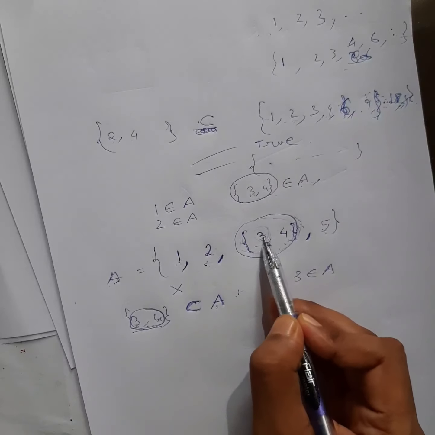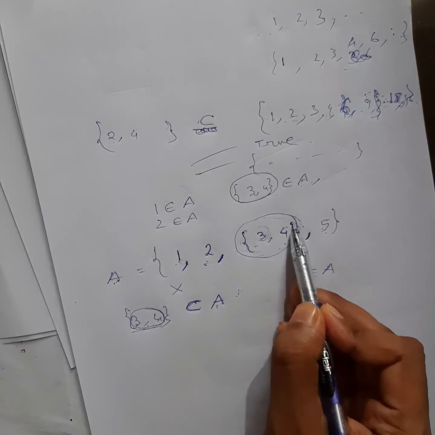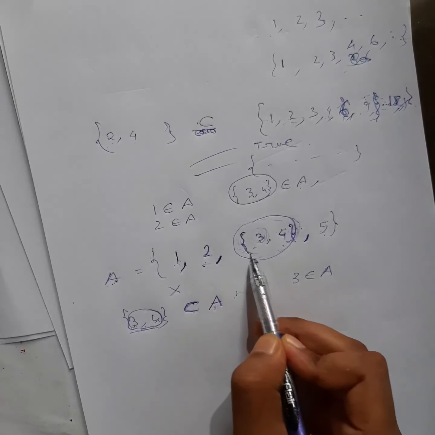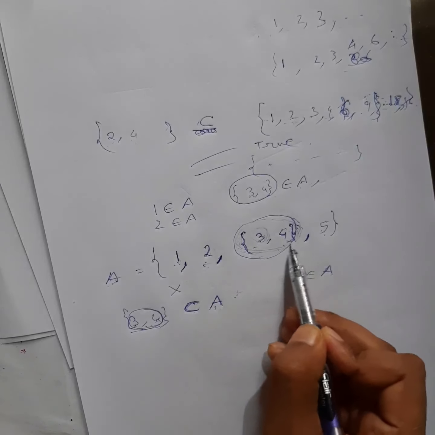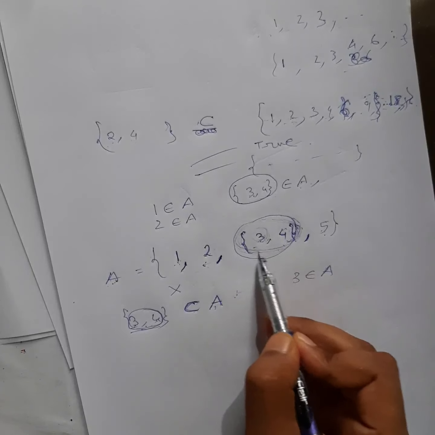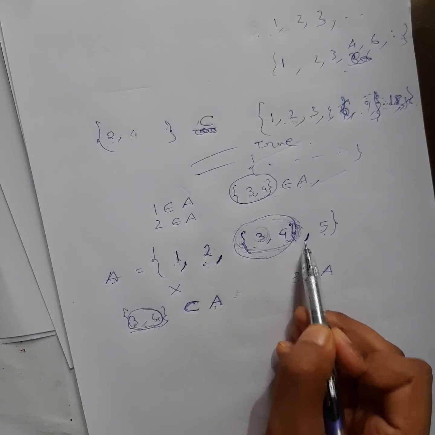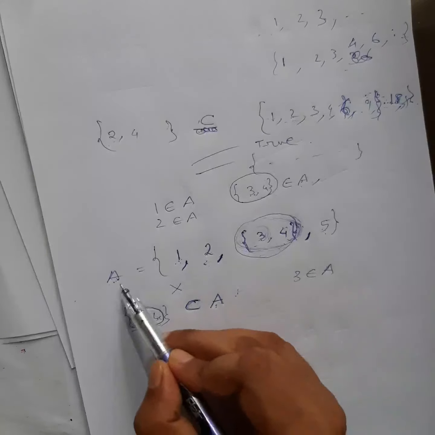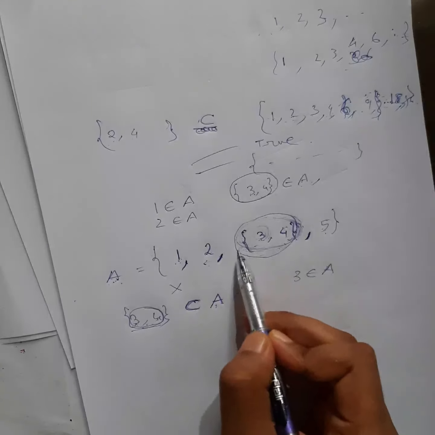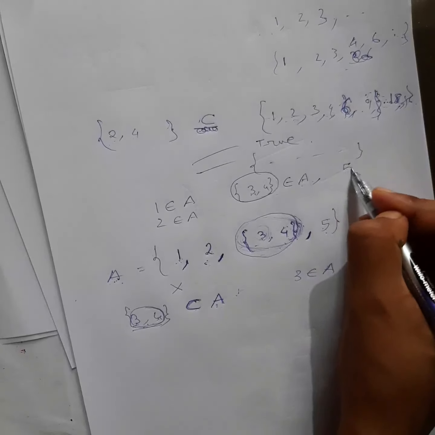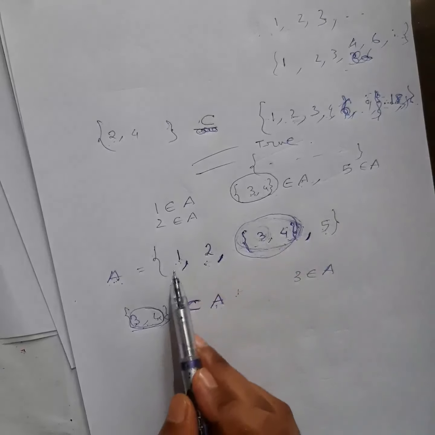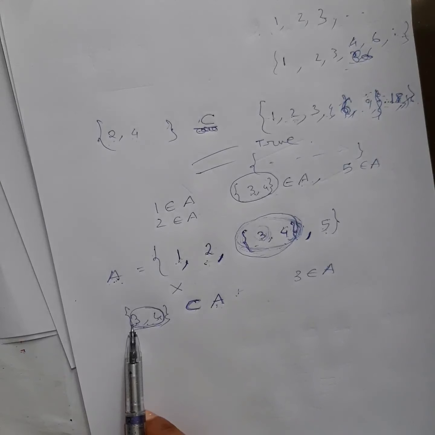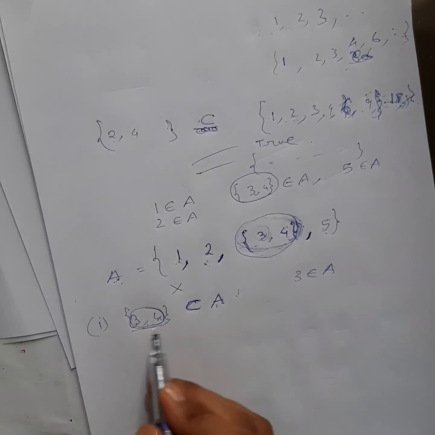Now you might be thinking that 3 and 4 are also separated, but see, this is under curly brackets. After this comma, you will see this is only a single element. As a whole it is given, then the next comma is there. So this as a whole will be your element of A, which means {3, 4}, this as a set, belongs to A. Next, 5 belongs to A. So how many elements do you have? 1, 2, 3, 4.